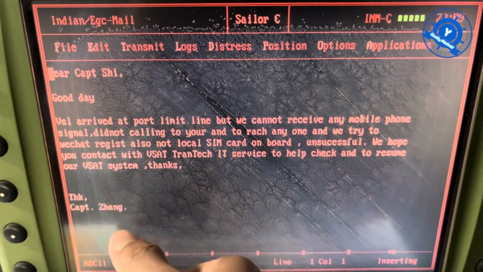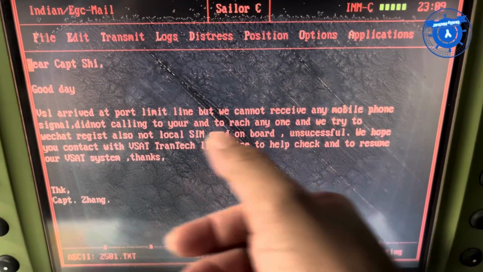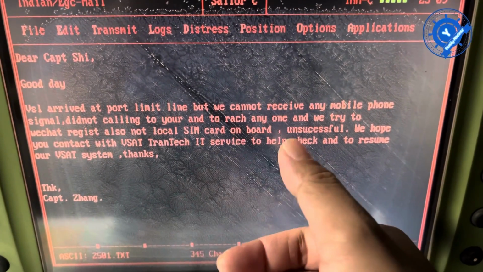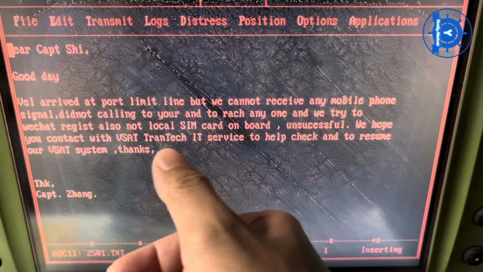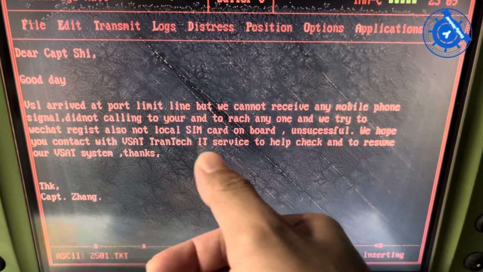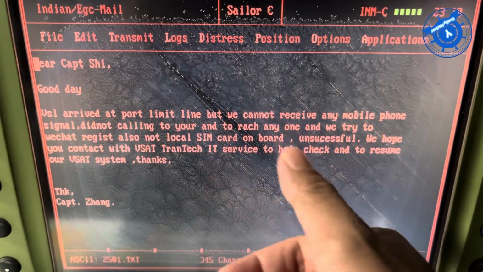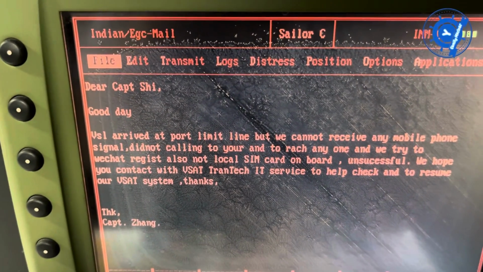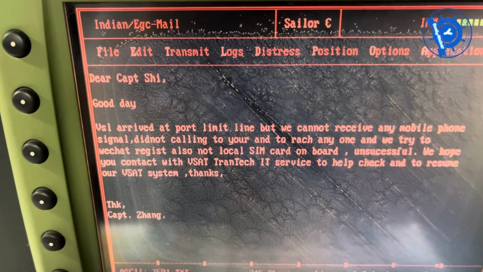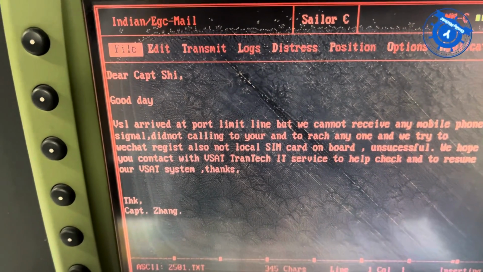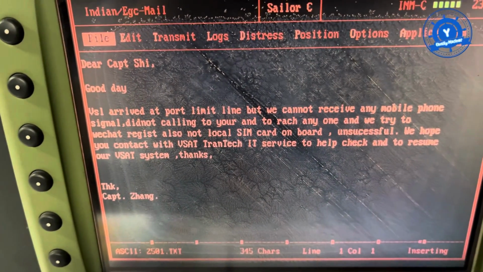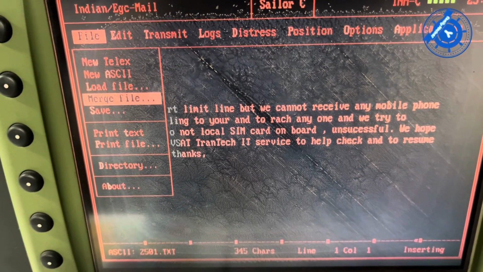This is for emergency, when the internet cannot be applied well. At that time I will send a message to the company, and I say they go to Load File. If you want to escape, and then just Load File.